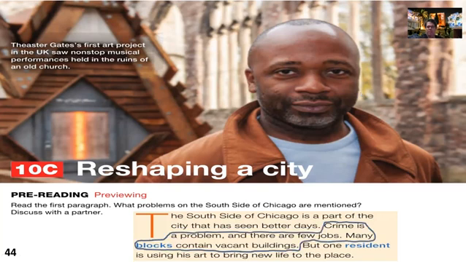Okay, so the problems that are mentioned in his neighborhood: crime, not many jobs, empty buildings. Remember, I said vacant means empty. So you can underline this, you can circle like I did, it's your choice, but this is it. If you need to pause, go ahead, but I'm going to move on. Now, okay. I have set this up so that when I have the next slide, it's going to get into the reading.